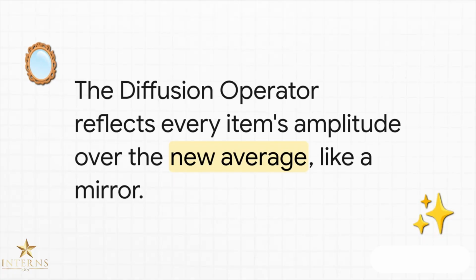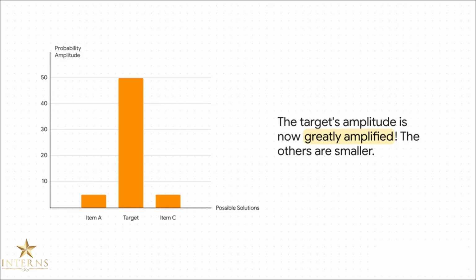The diffusion operator steps in. You can think of it as inversion about the mean. It treats that new average line like a mirror and reflects every single bar across it. And bam! Look at that result. The one bar that was negative and way below the average gets flipped way, way up, making it massively taller